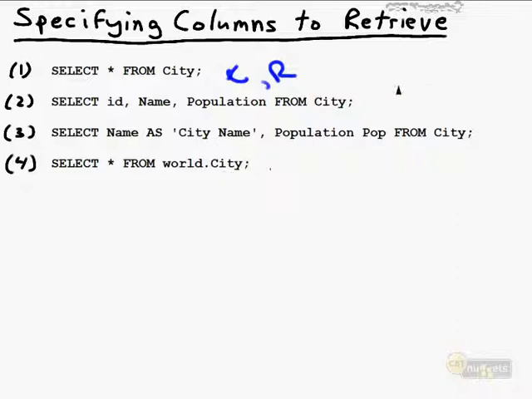Now here's a question for you by way of review. Let's say you wanted to run a select against city and only pull back 2, 3, 4 columns. How would you determine what columns are contained in the city table? Yes, I hope you answered, you can run describe. Remember, the MySQL specific describe command will return all of the columns and data types for a particular table or view. Therefore, describe is your friend in terms of giving you the ammunition, or the information, you need to construct a